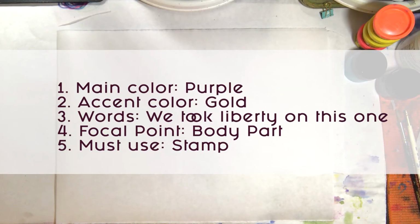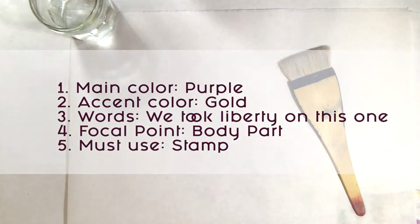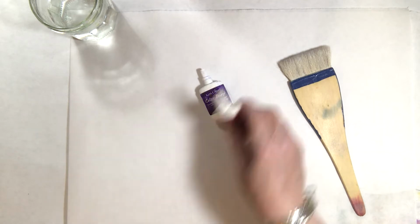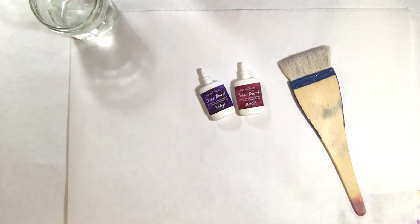Alright, so the prompts were purple, gold. We took liberty on the words. You'll see that here in just a moment. Focal point was hands, or sorry, body part. We chose hands. And we took a little liberty on the stamp part too, like you'll see how that plays in. Now, right out of the gate here, you see P laying out the infamous